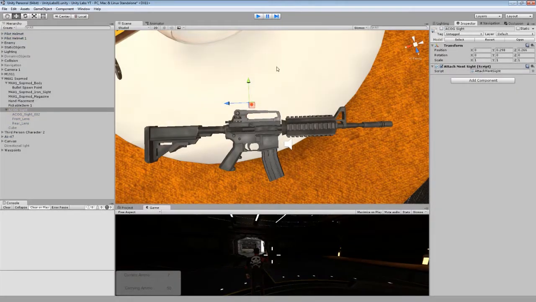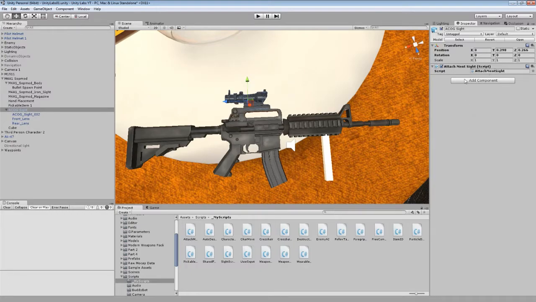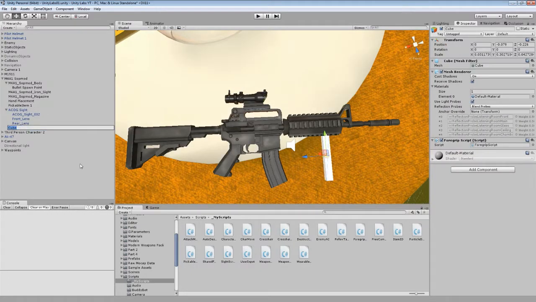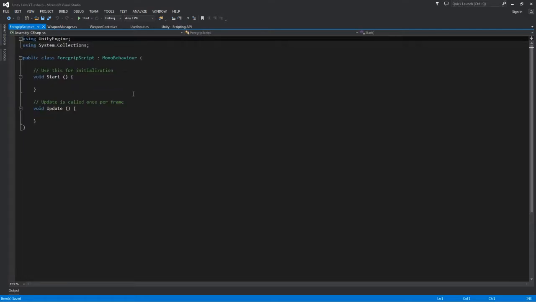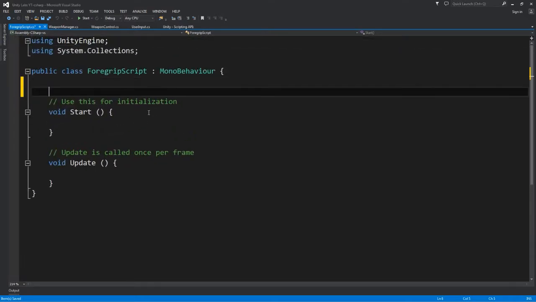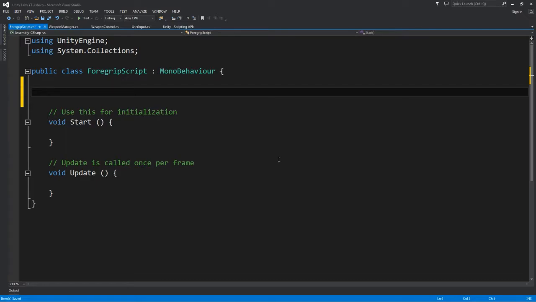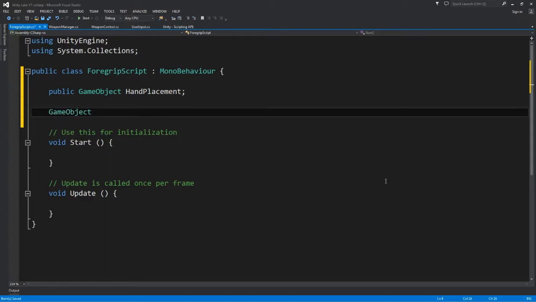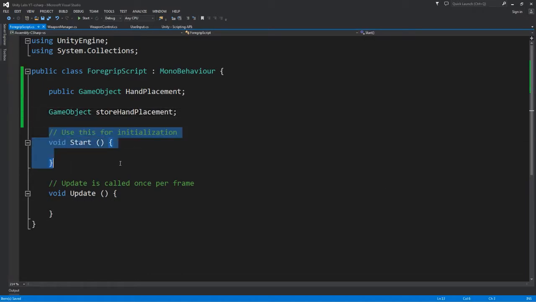For each of these scripts we can add some logic that manipulates the values from our weapon control. Now for the foregrip script, I want a public game object for the hand placement, and I want another hand placement game object so that I can store the previous hand placement. So on update, if store hand placement equals null,